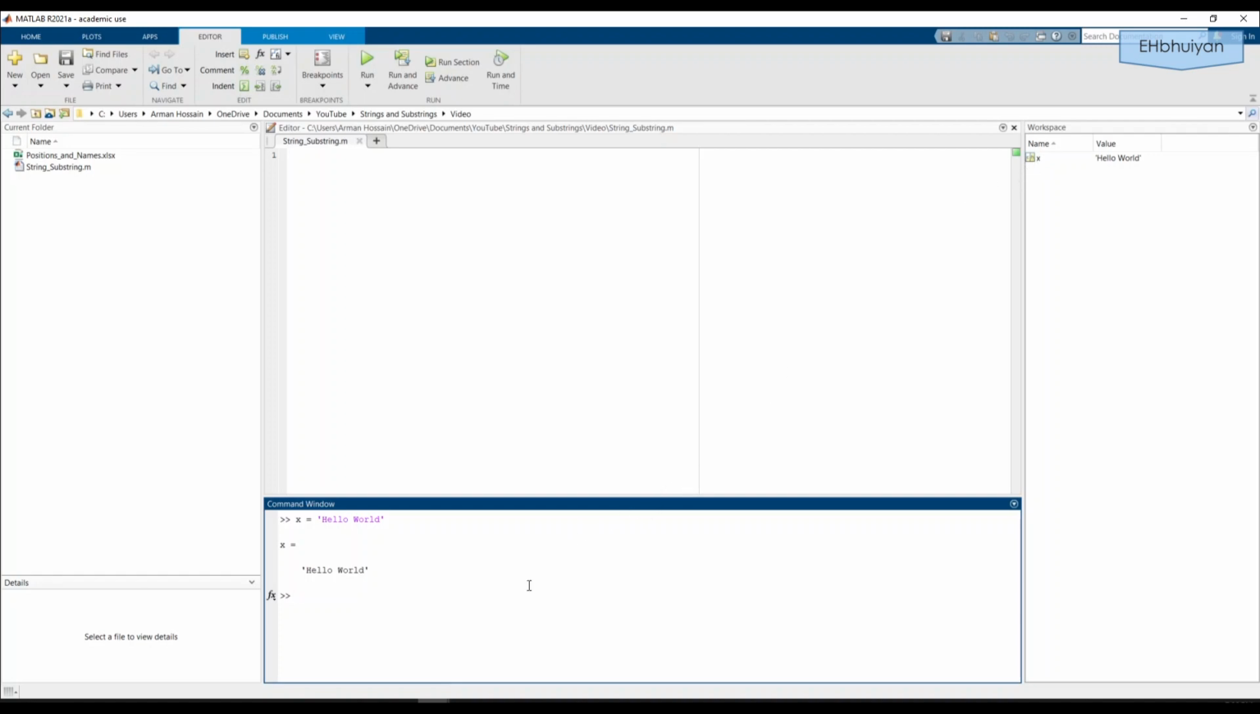Now, if I had typed hello world in double quotes like this, notice that str for string appears next to x. This indicates that MATLAB recognizes this as a string. I just wanted to point that out. I won't be going into a detailed discussion on the differences between string and character arrays in this video. I'm going to be dealing with strings and not character vectors throughout this video, so just be mindful of that